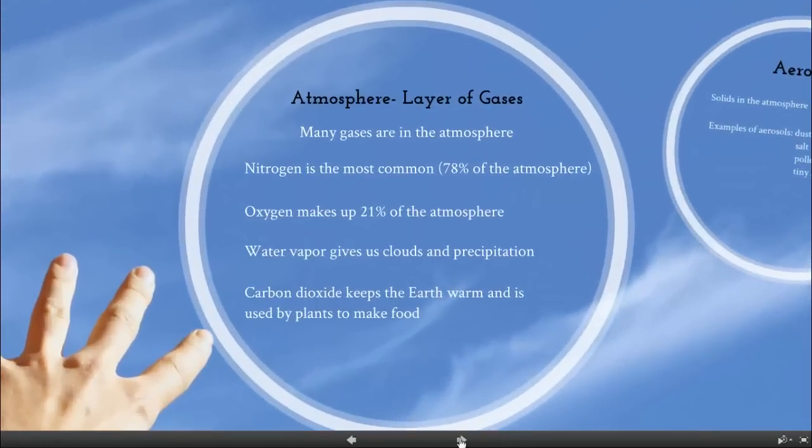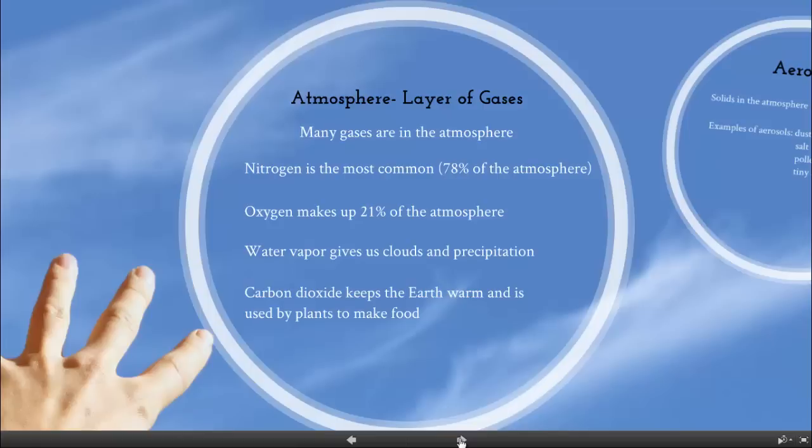So our atmosphere is a layer of gases. There's many gases in the atmosphere. It's made up of a combination of a lot of different things. A lot of people believe that our atmosphere is made up of oxygen. And there is some oxygen in the atmosphere, but it's not the most common. Nitrogen is actually the most common gas in the atmosphere, and nitrogen is used by a lot of really small